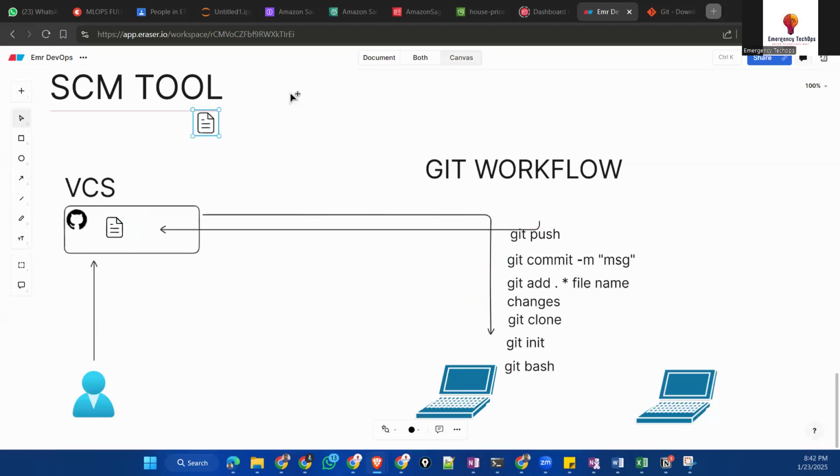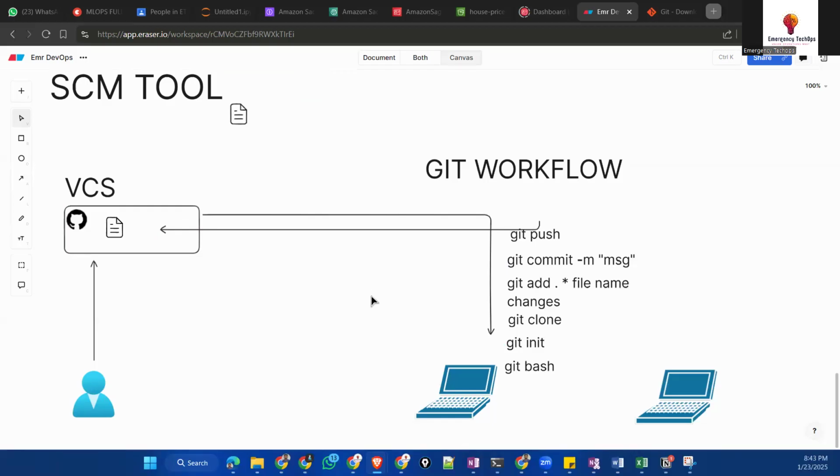And from here, we take it to production to deploy. From here, this file is going to be deployed into production, or staging, or somewhere else. The file will go to those environments, or wherever you want to use it in your project. The file will go from here, not from the laptop. So whatever a developer, ML engineer, or anyone is doing, that will come through your GitHub only.